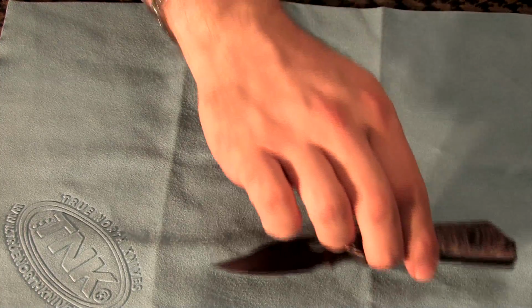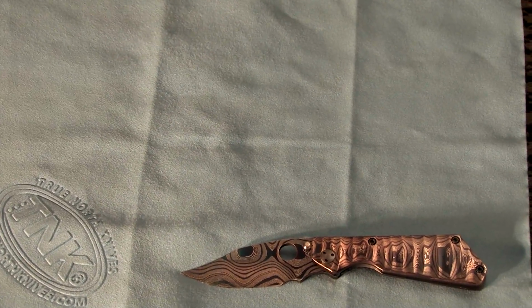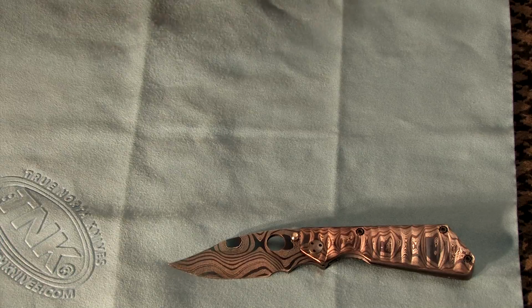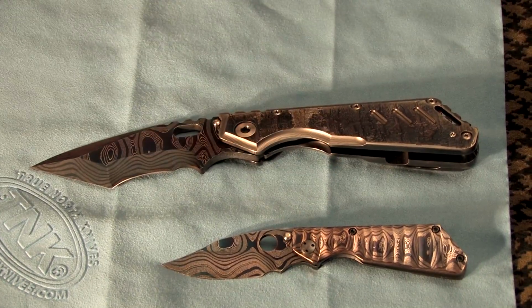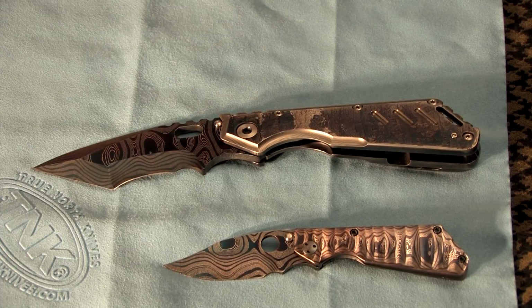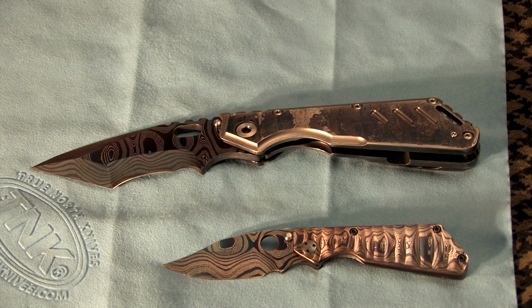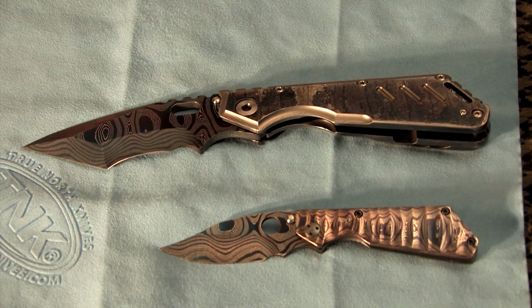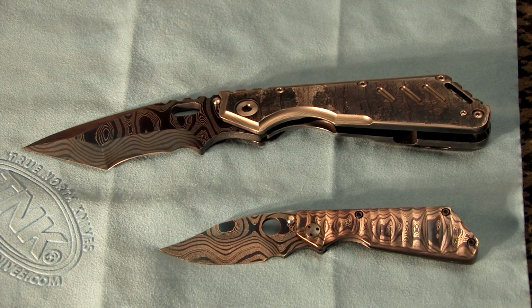Hey guys, tonight I want to share with you a pair of Strider knives that are exceptional in many ways. You may see them in my collection video, a video showing off a prominent collection of Striders, but I wanted to break them out into their own videos so that we can take a closer look at them. The first one is a PT. It was made by Marissa Strider, and then the top one, the large one, is an SnG XL that was